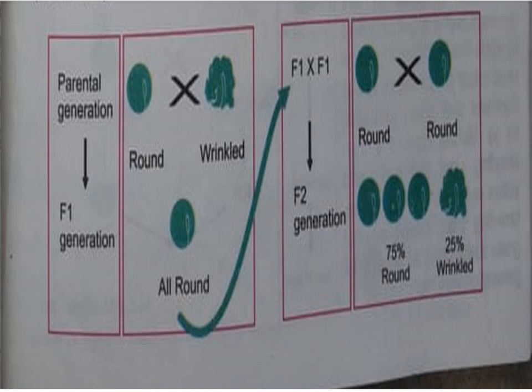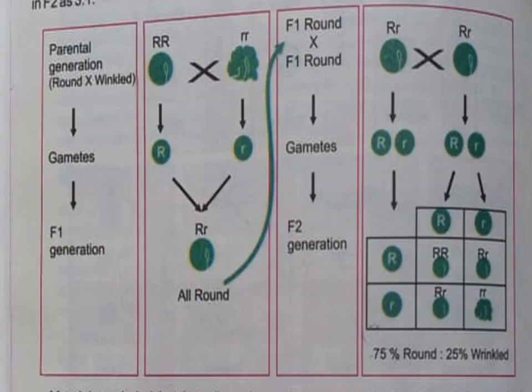The parental generation is denoted as the P1 generation. The offspring of the P1 generation are the F1 generation, that is first filial, and the cross in the F1 generation produces the F2 generation, that is second filial. Similarly, when true breeding tall plants were crossed with true breeding short plants, all offspring of F1 were tall plants. That is, tallness was a dominant trait. When members of the F1 generation were self-fertilized, Mendel got the ratio of tall to short plants in F2 as 3:1.